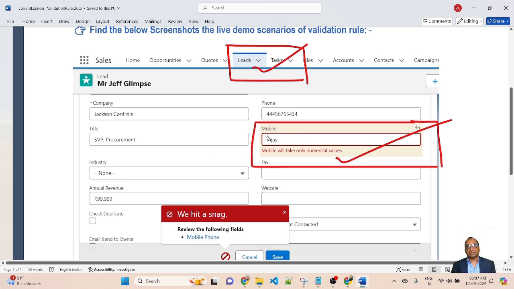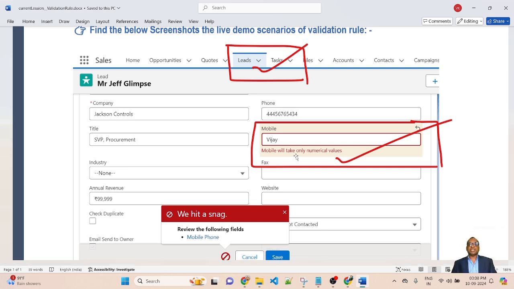Here I am putting the text value Vijay and trying to save the record. The validation rule applies and displays the error message: mobile will take only numeric value. If I put a number value in mobile, it will not display an error. But if you put any text value and try to save the record, it will display an error message. This scenario will be achieved through a validation rule in Salesforce.